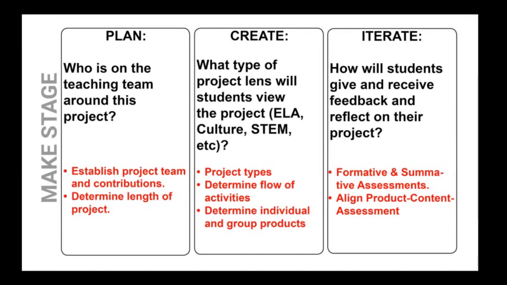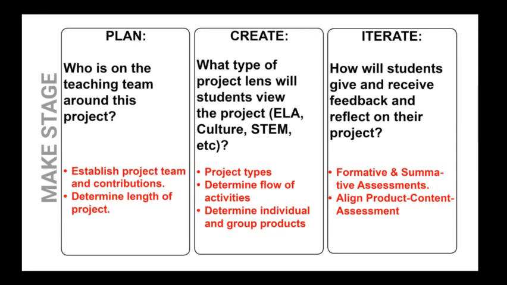When you start looking at what happens around that project, you're taking that lens. It's almost like who's taking the lead. So science is going to take the lead, and we're going to use a scientific lens to look at it. And with that, really looking at the creation part of your project,